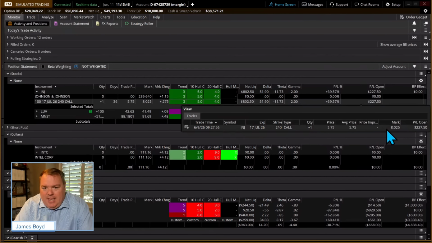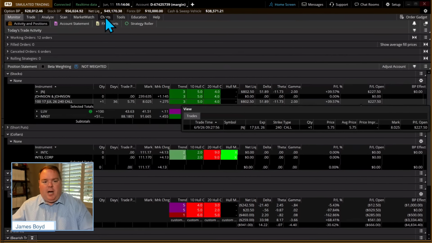Now, the thing I was confused on when I got started with options is, could you sell it, or do you have to wait to the expiration? No, you could try to sell it. You'd have to look and see if it could fill, et cetera, and check liquidity. The reason why I bring this up is I want to show an example of a long call on Coca-Cola, okay? Now, I'm going to bring this back up. That's just a piggyback of what we talked about the other day.